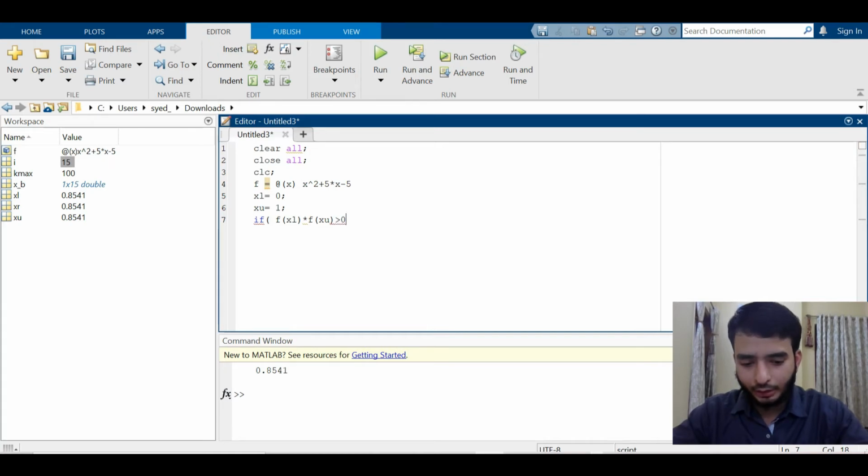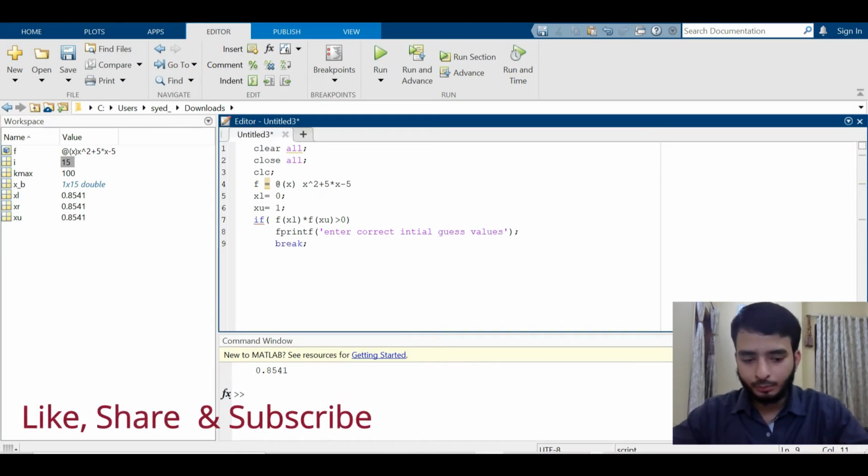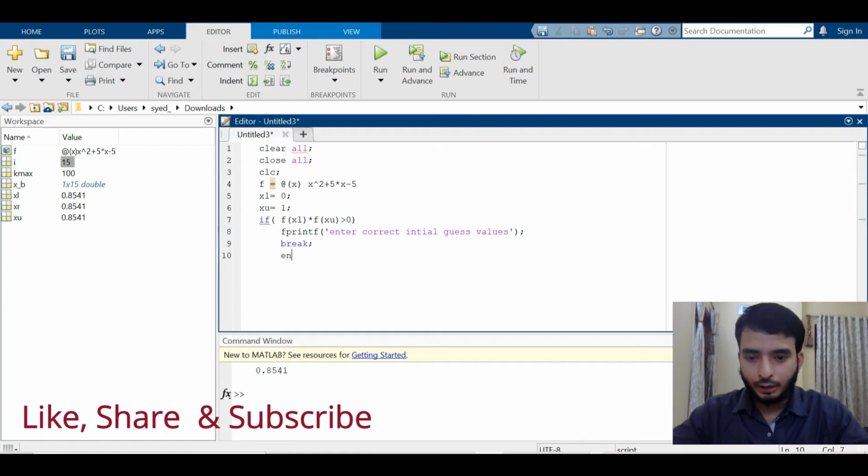If it is greater than 0, then I'm going to tell it to print: enter correct initial guess values. Then I'm going to take a break statement. Okay, and then else.